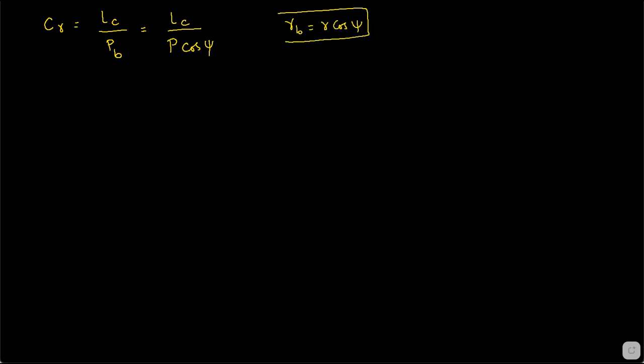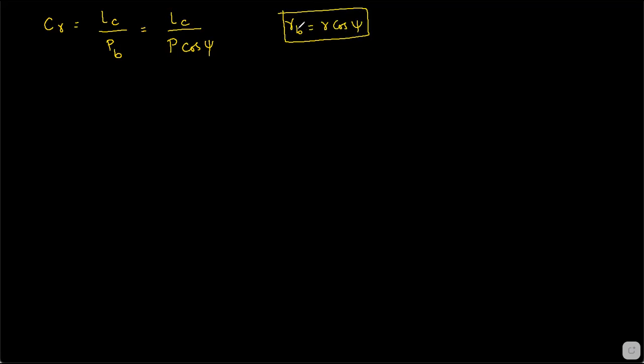Hello everyone. So we are continuing from our previous class where we discussed the contact ratio, which is length of path of contact divided by the base pitch, right? What is this length of path of contact by base pitch? So what is base pitch? We have already discussed the same as pitch cos psi. I said that it is similar to RB equal to R cos psi. Similarly, PB is equal to P cos psi, and that is for remembering purpose.